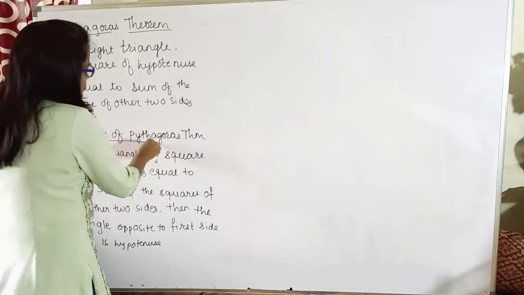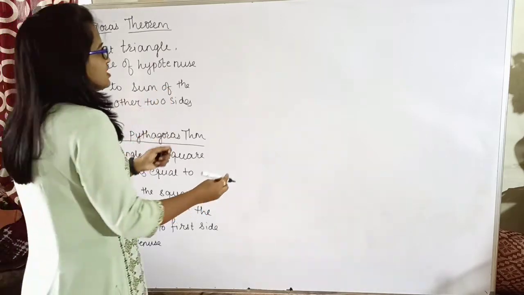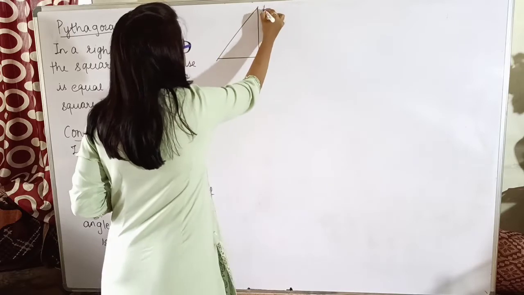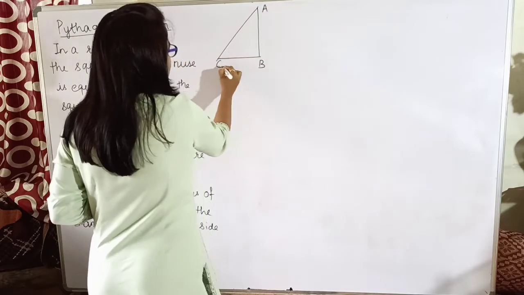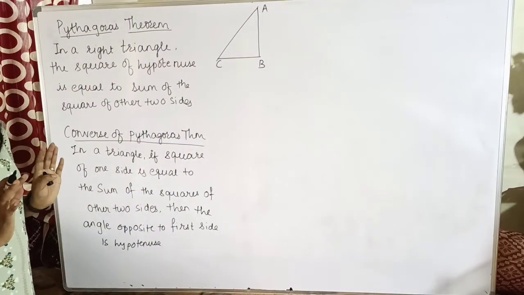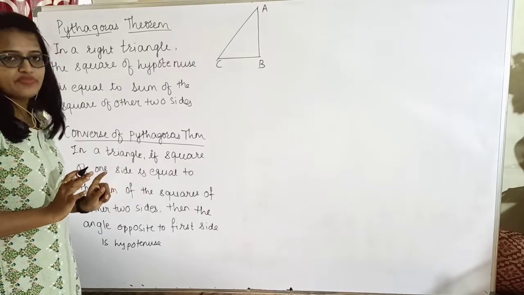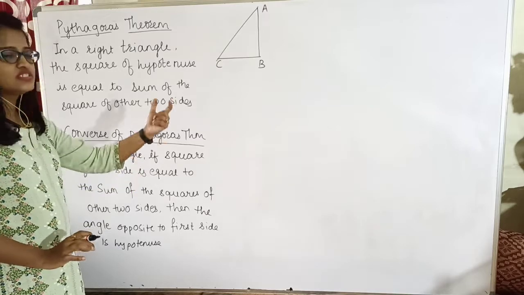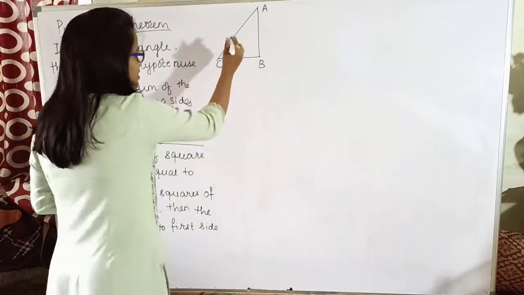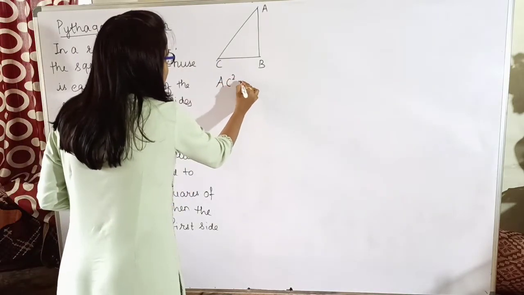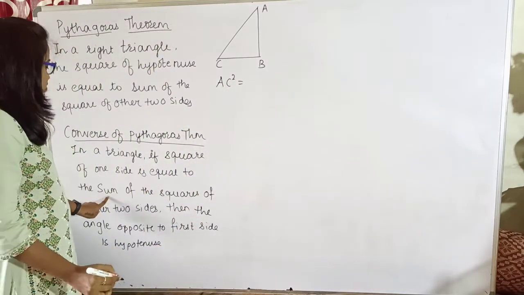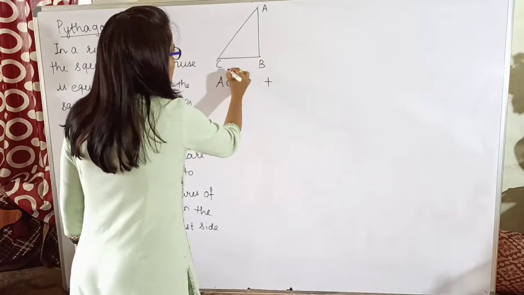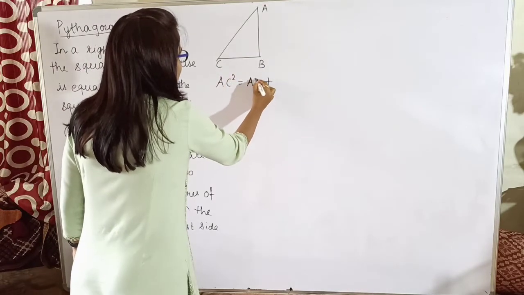See, in a triangle, if the square of one side is equal to the sum of the squares of the other two sides. Now here, you have to consider one triangle. Suppose I am considering a triangle ABC. Now here, I don't know if angle B is 90 degrees or not, because nowhere in the statement have they specified. What they have said is, if you are taking the square of one side, that side you could take anything. So I am taking AC square. So AC square is equal to the sum of the squares of the other two sides.